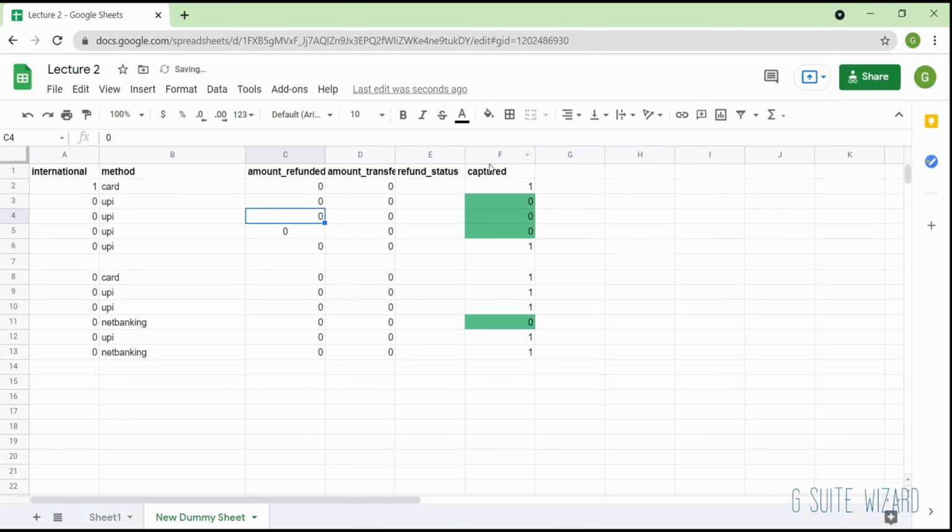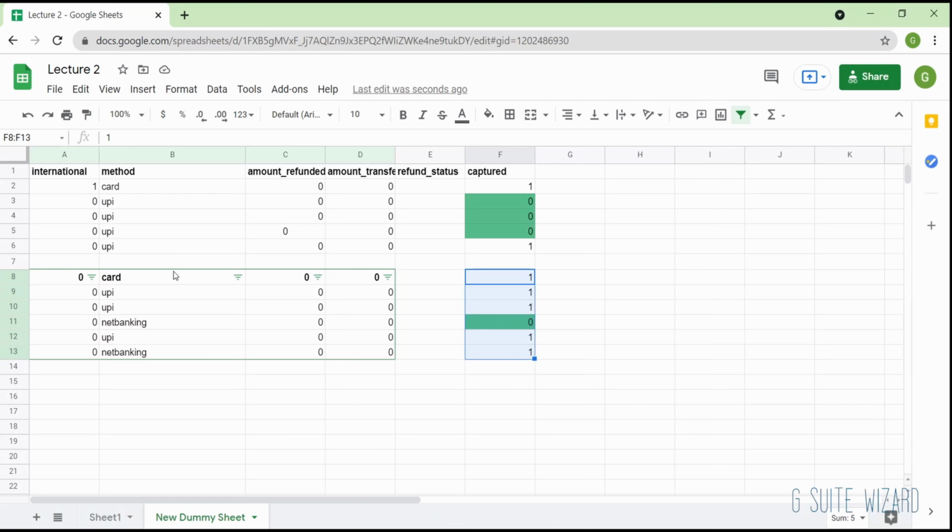As the cursor is in this set of data, when I click on filter, it only filters the data till this row. Because there's a blank row, it will not assume that this data is related to this data. When I again click on filter here, you see that this filter is applied only till A to D, and from 8 to 13 and not above. Why this is not getting filtered is for the same reason.